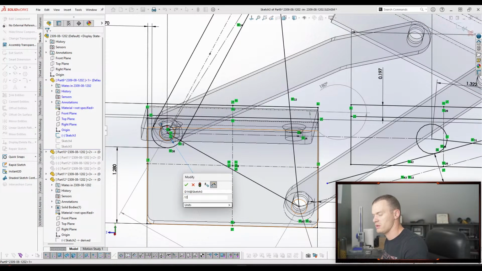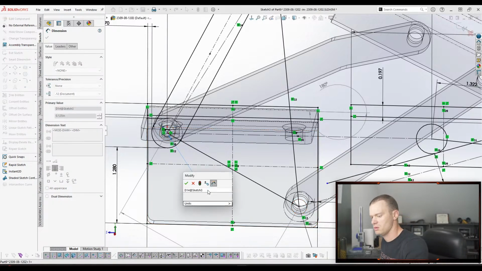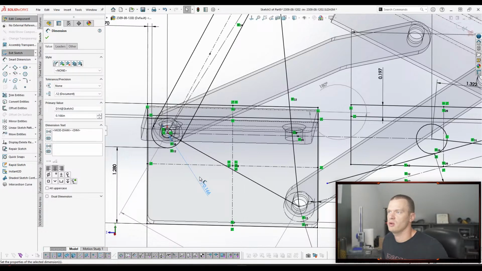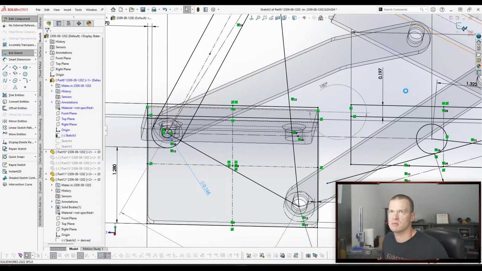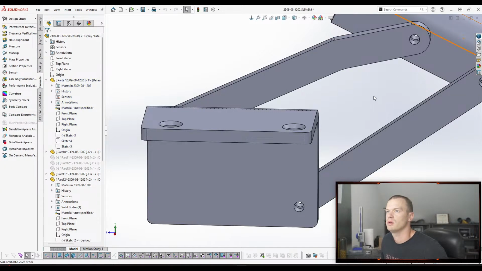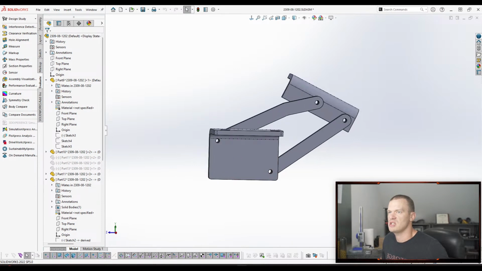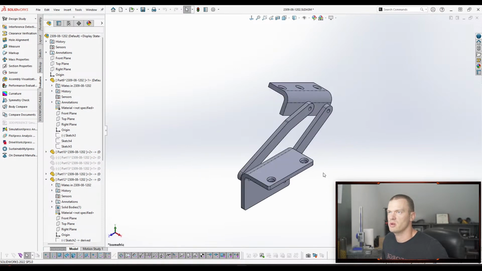Whatever it was, 125 or something, 166 maybe? I can't remember. It's not critically important because we're not manufacturing this. We're just using it as a stand-in in an assembly. So, all right, cool. So there we go. You can see we just changed back from the 1/4 inch pretty quick. All right, so now we have a fully flexible